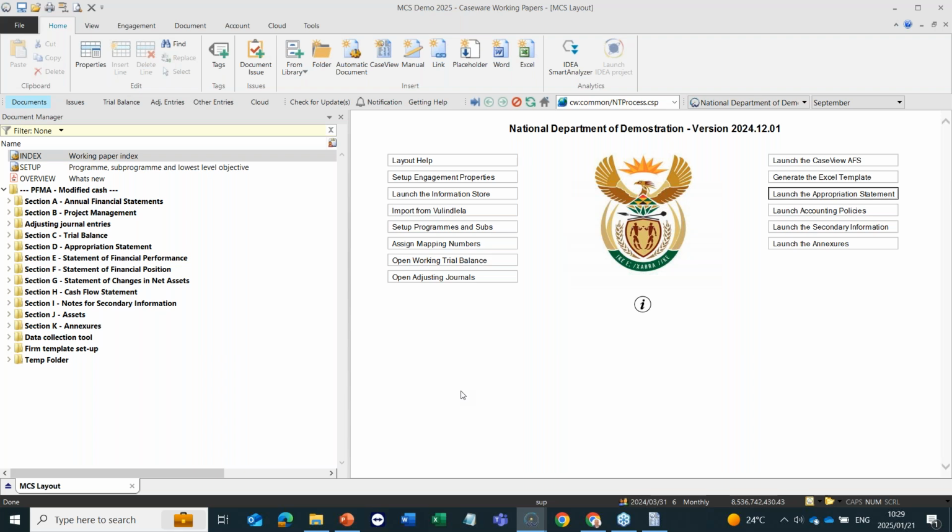Okay, so I've got here a file. I've already completed the update. You can see the version. If you open up the file, the version there at the top now says 2024-1201, and this means that your file has now been updated with the latest content. Okay,